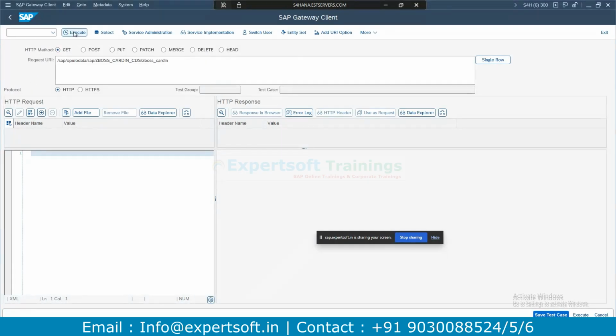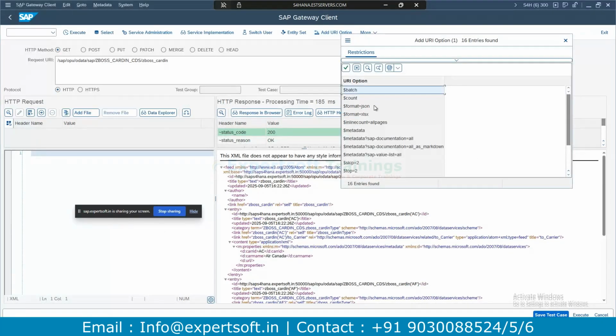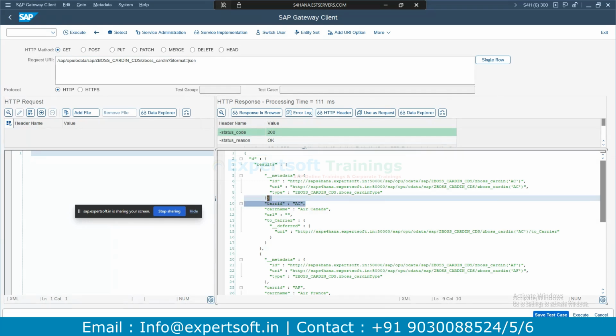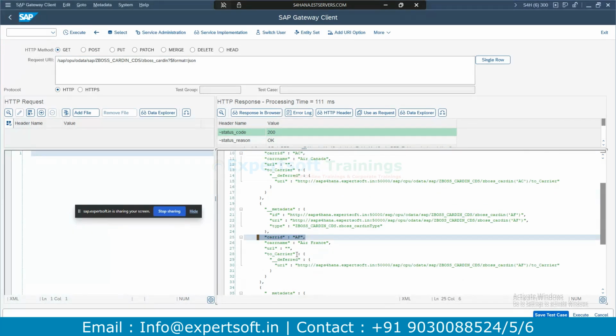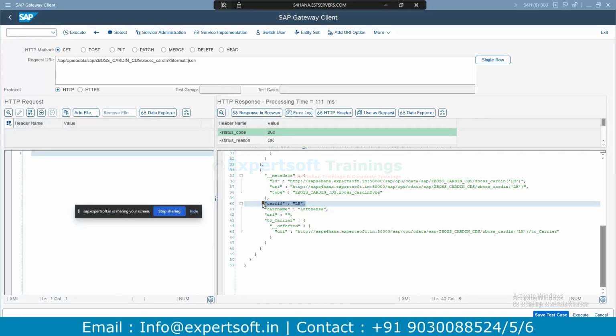That was cardinality. Now you see, add URI option, JSON format. The carrier IDs are AC, AF and LH. Okay, these three records. While executing, three records have been populated.